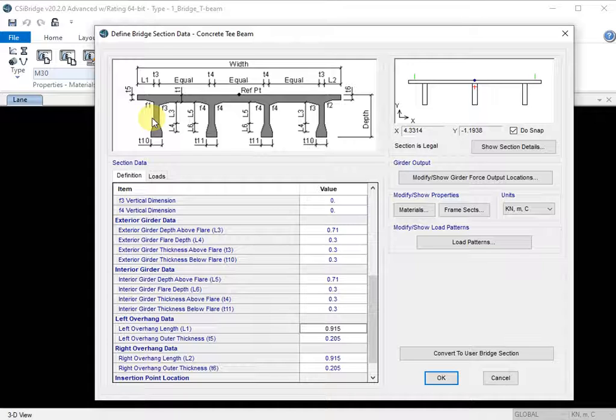So it is 1.7. The total overhang length is 1.7 meters. The left overhang outer thickness is also 0.2.